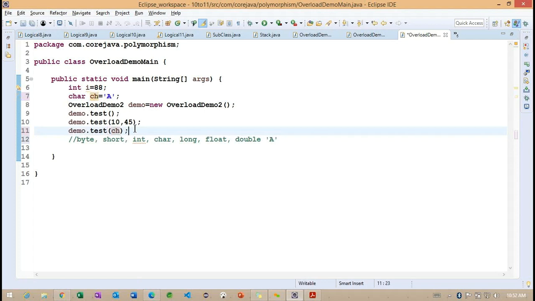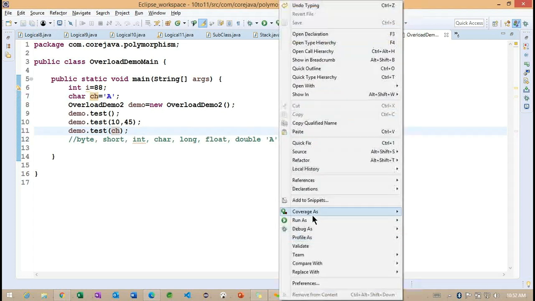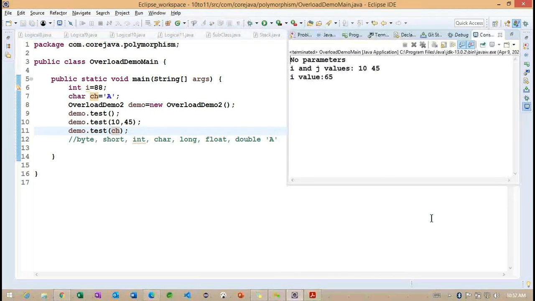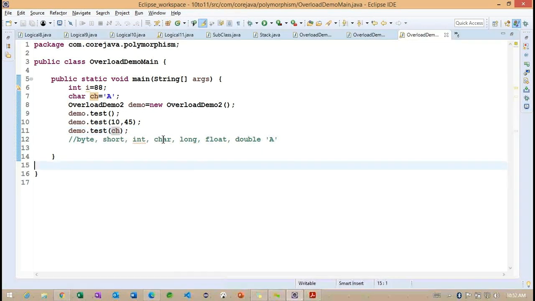So now you can see, are we getting any error here? We're not going to get any error. So now if I run the same example, we are getting 65. So how are we getting this particular 65? Because of this, yes, 65 we are going to get. Getting the point.